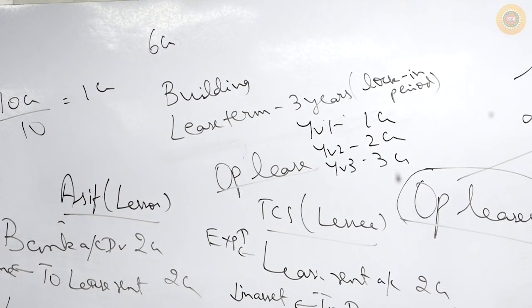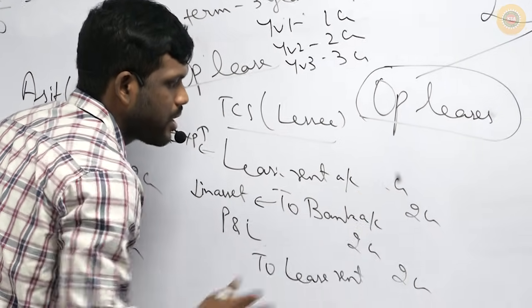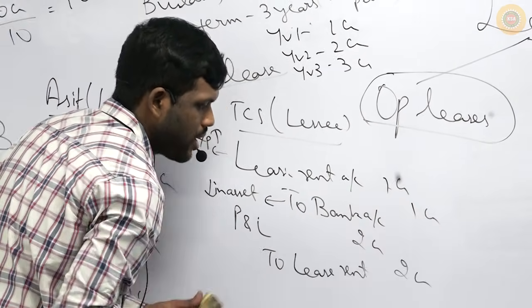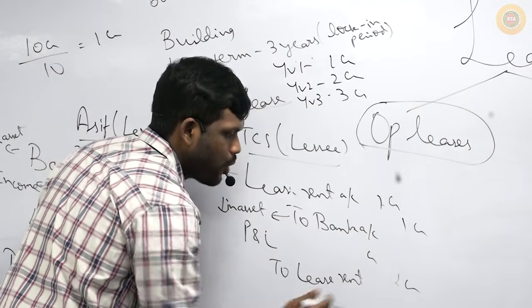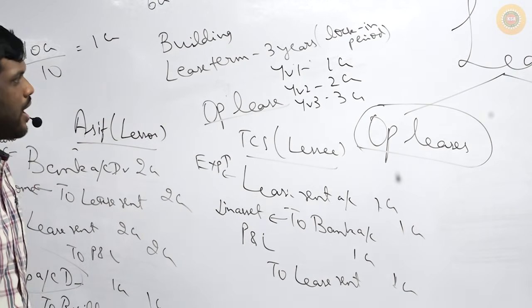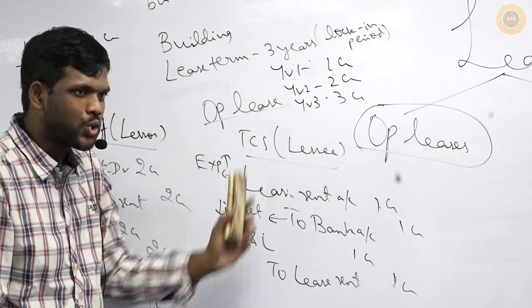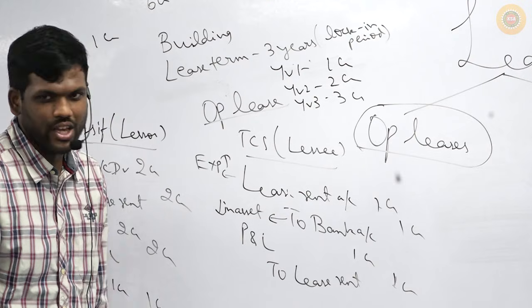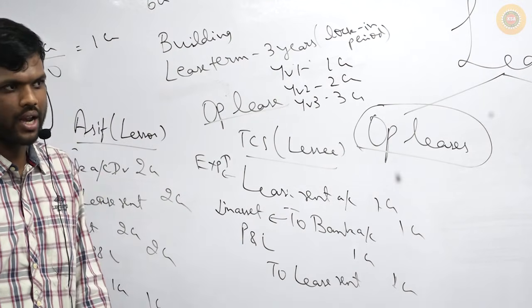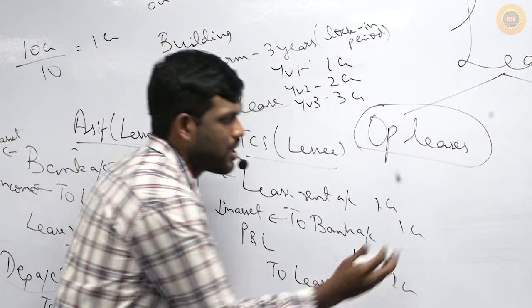We signed the agreement like this. Okay? Everybody look here. So in year 1 how much do I have to pay? 1 crore. So lease rent account debit to bank account 1 crore, P&L to lease rent 1 crore. Correct? Everybody look here please. For me, first year expense 1 crore, second year expense 2 crores, third year expense 3 crores. Please everybody pay attention. This is important in operating lease. This is the one interesting point in operating lease, so pay attention to this accounting.